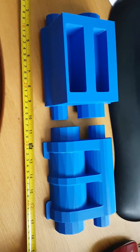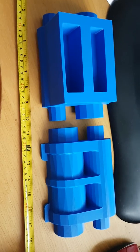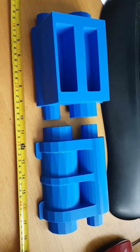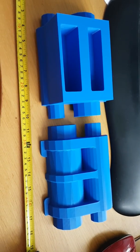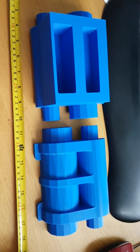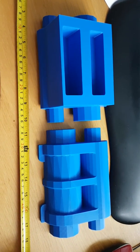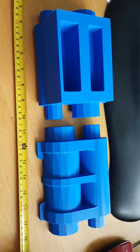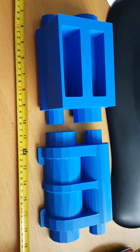You may also be looking at some angular edges on what should be completely smooth edges. There's easy ways to get those out. As we go on in the videos, you'll see how we manage that. But you can see there the two halves of the pattern. You can also see extrusions where there are supposed to be holes. Those extrusions are to hold